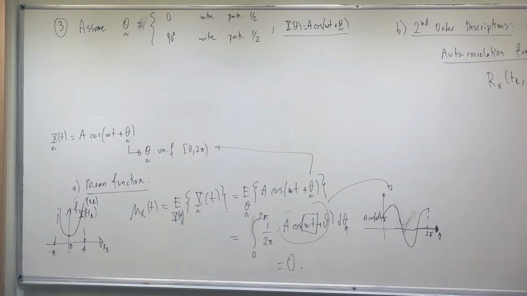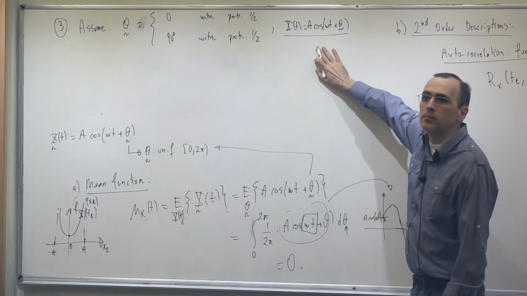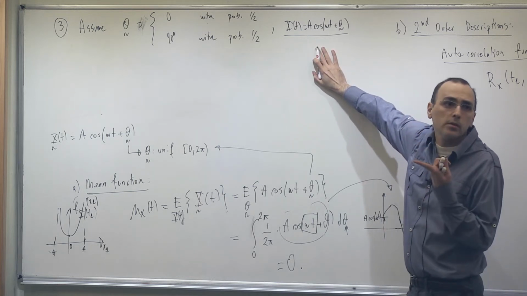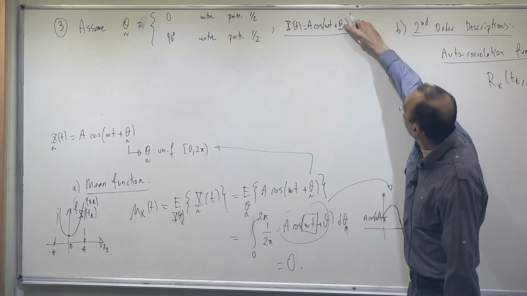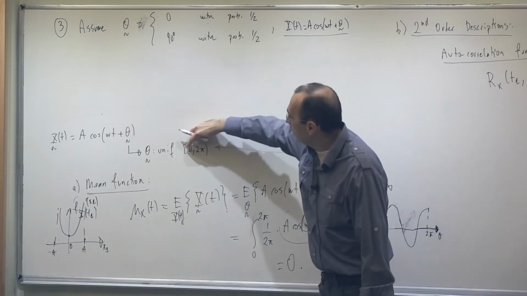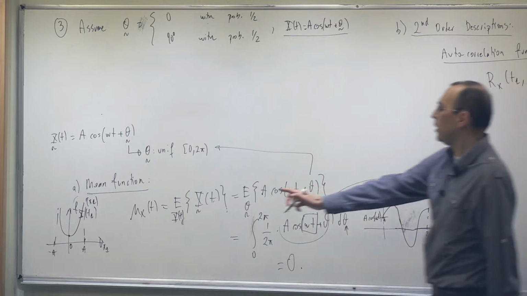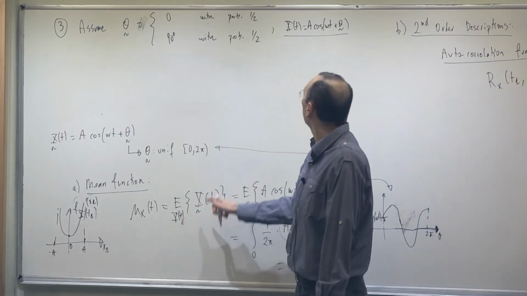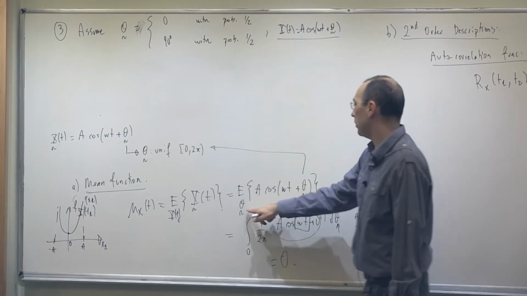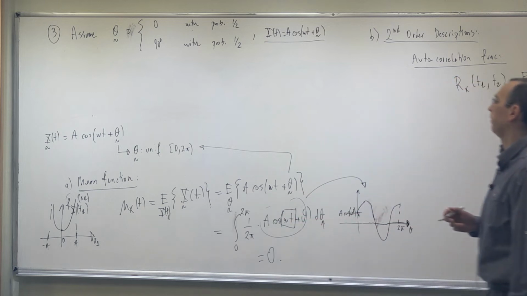Here is a question to you. How many realizations do I have for this process? Well, just 2 realizations, because you see that this random variable can only take 2 values. For the previous one, infinitely many. Okay? So if I calculate the mean function of this, the only difference is that this time I'll be taking the expectation with respect to this variable. Am I right? At this point, I should be calculating the expectation with respect to this.